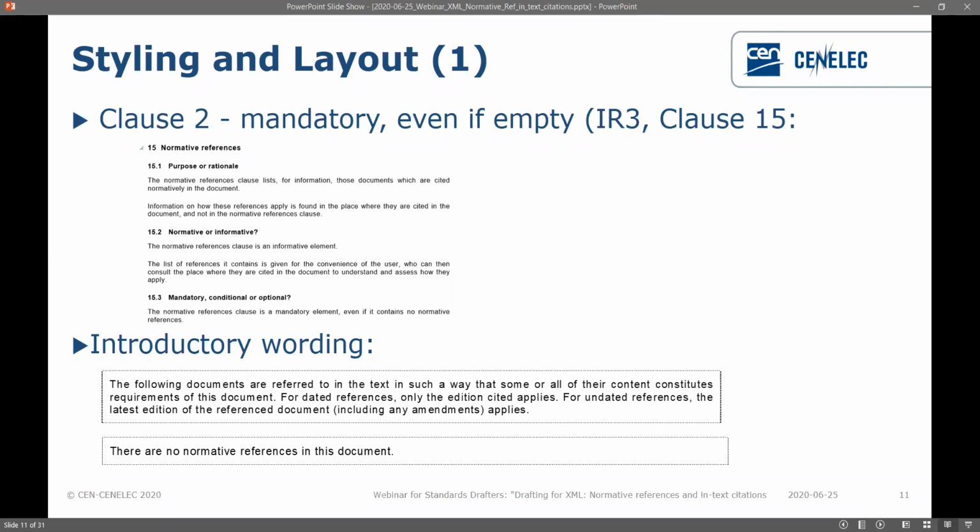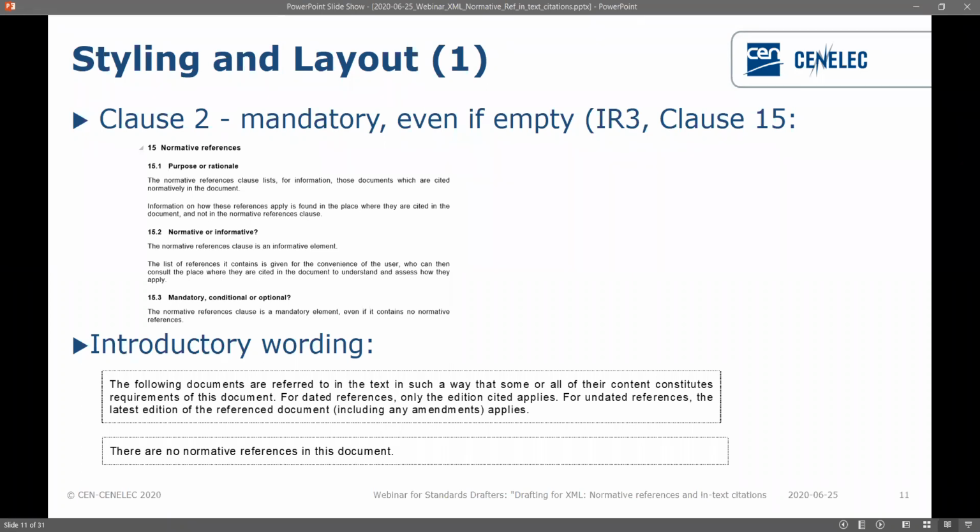You need to list every single reference within clause 2, and you need to use the correct introductory wording too. So you have two options. If you have numerous documents or even just one document, you use the first example that you can see on the screen. But if you have no normative references, then you use the simple sentence, there are no normative references in this document.